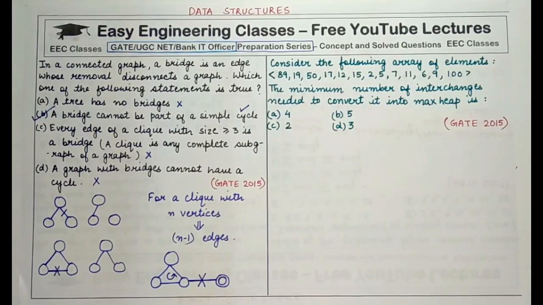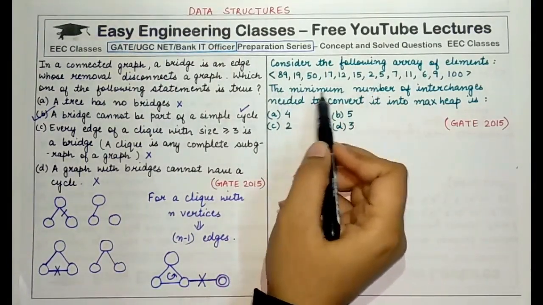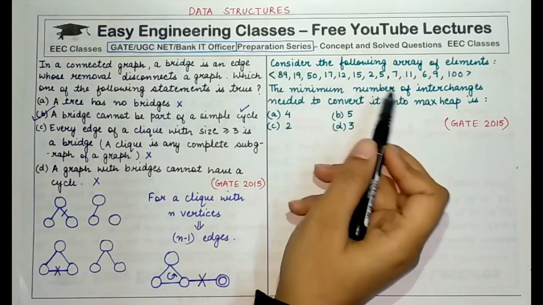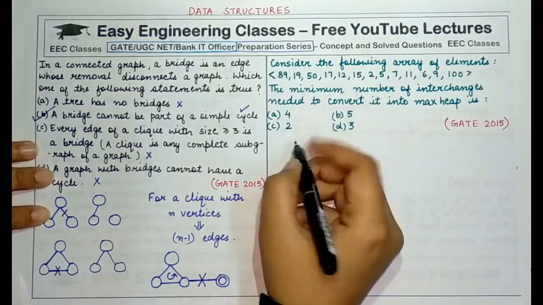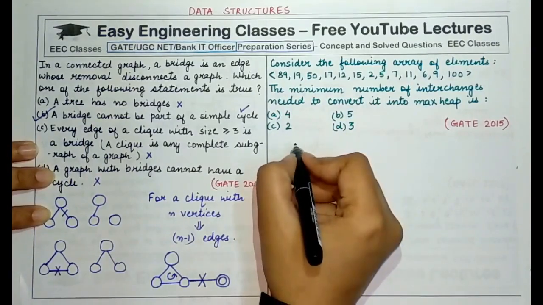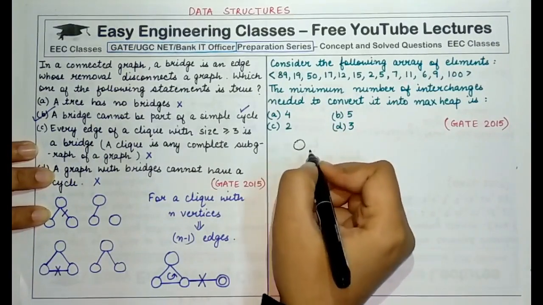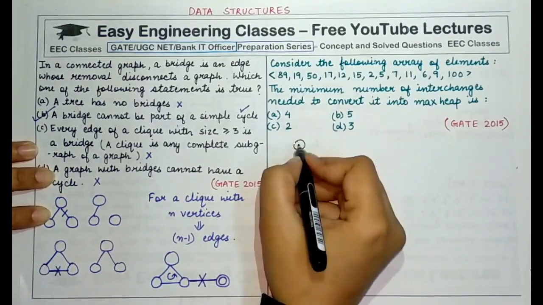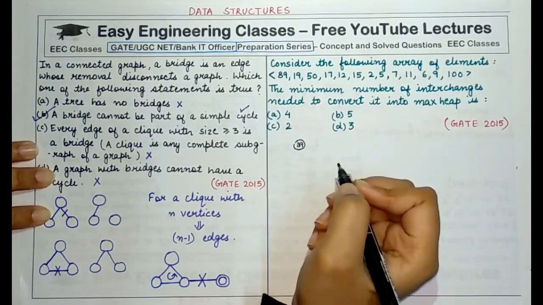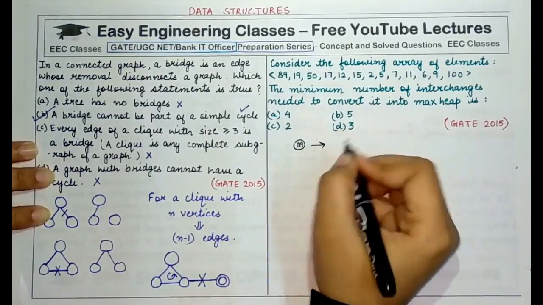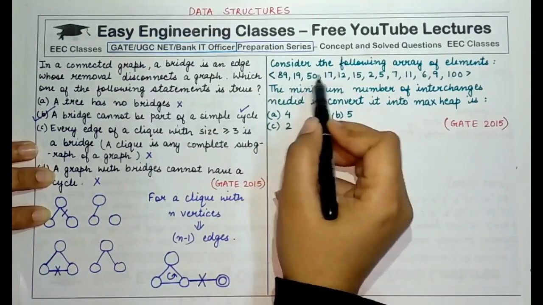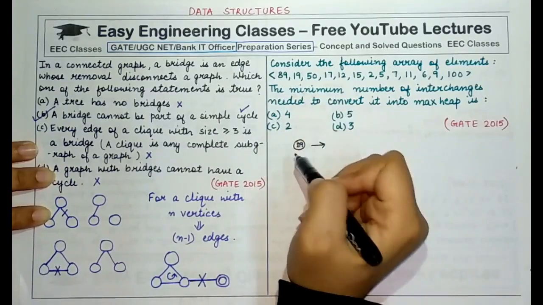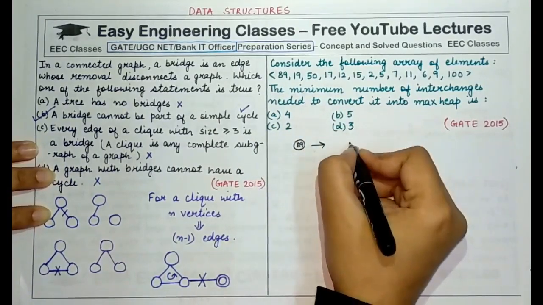Okay, so let's start the construction of this tree according to the array that is initially given, and then we'll see how many interchanges would be required. If you are given such an array, you must know that you have to construct the tree in the given order only. So the first element becomes 89, then the second element would become the left child and the next element would become the right child of the initial element. So 89,